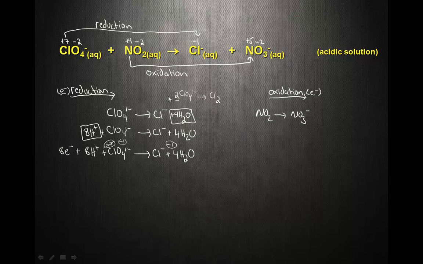So if this was our scenario where we had ClO4 1- going to Cl2, if you forget to put that 2 in here, what you're going to put on this side would be 4H2O. Now remember, that's if the 2 wasn't there. And that would give us 4 O's and 4 O's. Now, you would go along, I'm just going to scribble this out, you would go along and balance this and put 8 H pluses on the other side, like we did here,